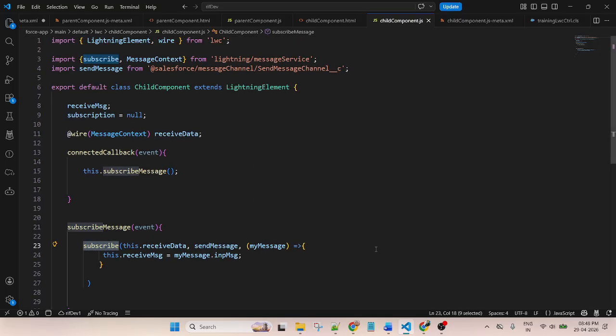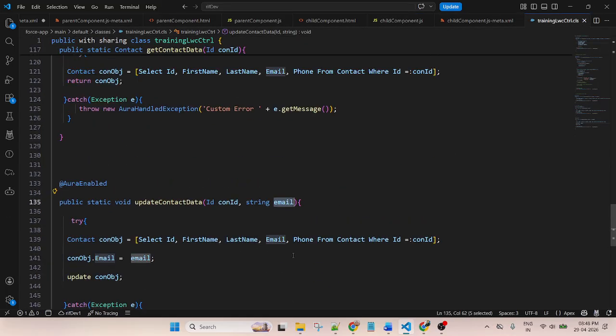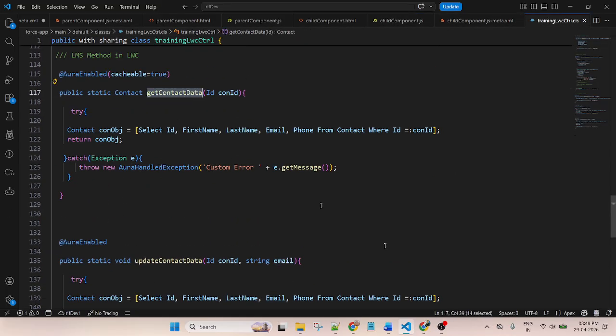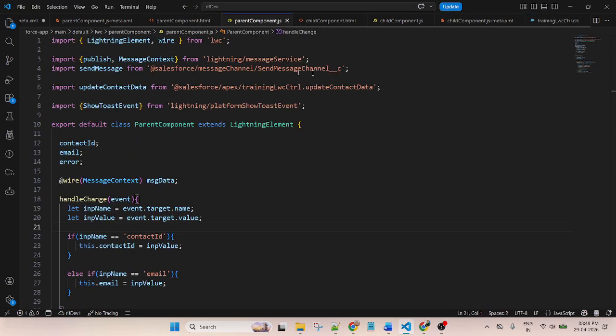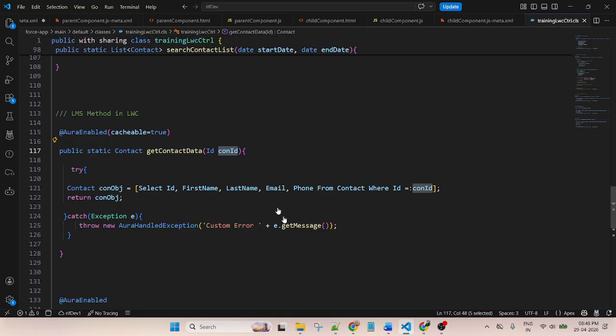First of all, we need to get the data. In the Apex class controller, here I created getContact. Based on this contact ID, we will retrieve the data. This ID I will get from the parent component. So first, this is the getContact data, copy.